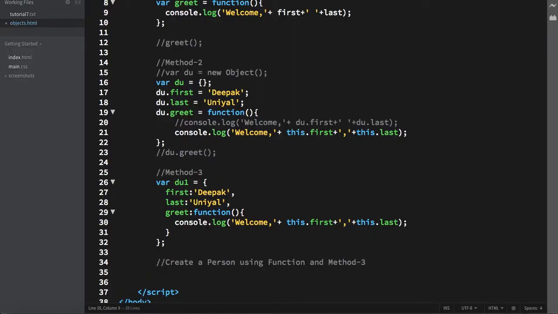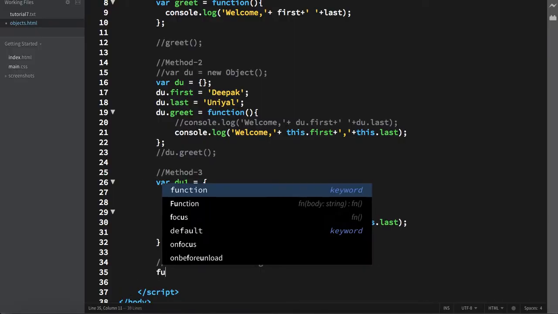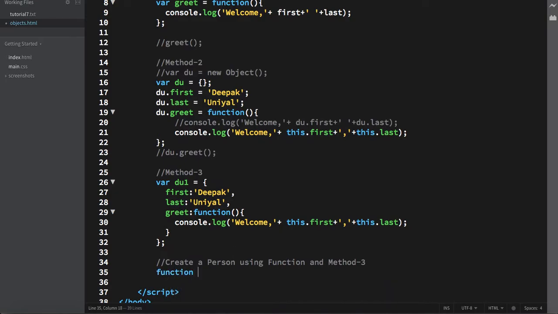Now let us start it. Create a function with the keyword function and provide a name for the function. In my case, I am going to provide the name createPerson, and then I will provide some parameters which will be the basis of creating that object.